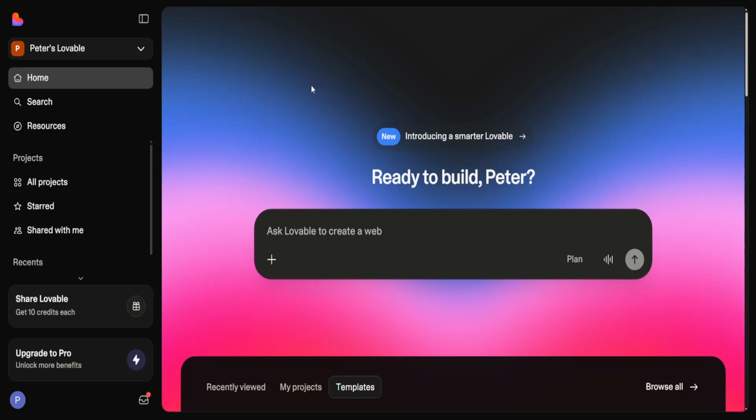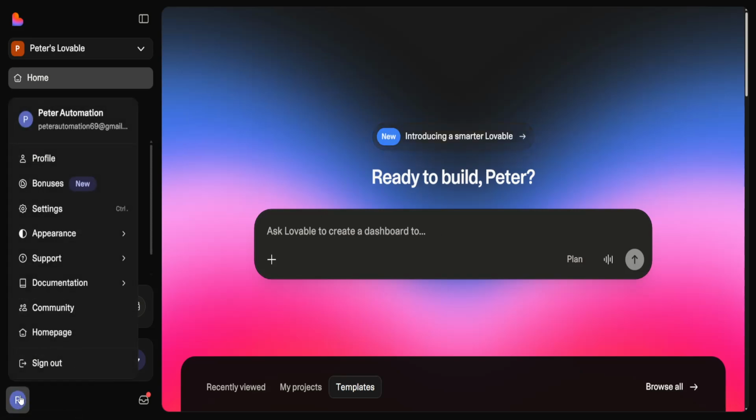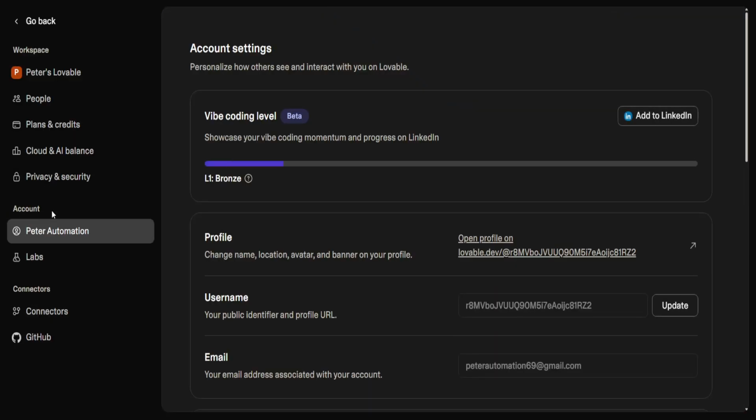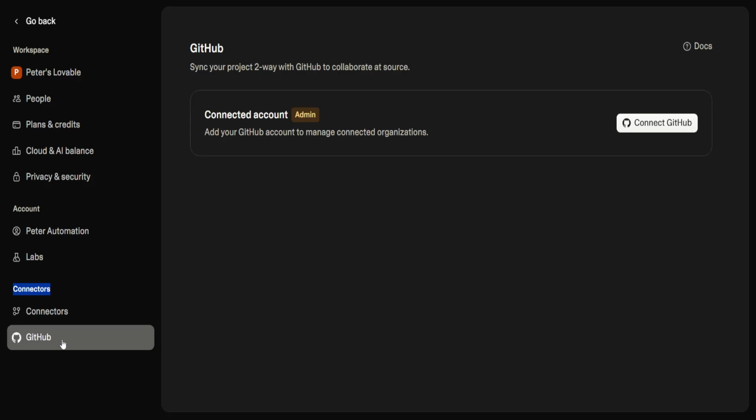In this video, I'm going to show you how you can add an existing project to Lovable AI. Open up Lovable, click on your profile icon in the bottom left corner, and then navigate to Settings. From here, underneath Connectors, we want to locate GitHub. So just click on GitHub, and in order to add an existing project, you will need to import it from